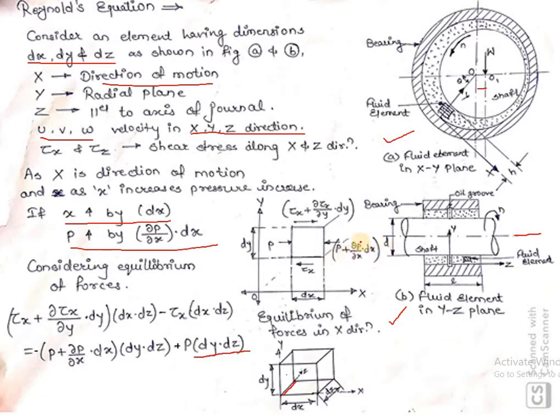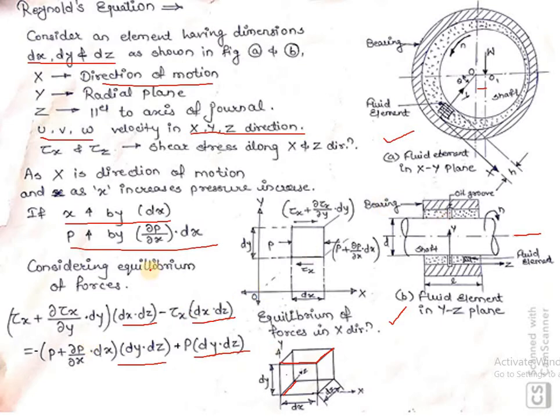Similarly, this will act on the same surface, so dz into dy. So same over here, dy into dz. And now this is nothing but the shear stress plus the incremental of the shear stress due to increase in y. It is acting on this surface, so we have to multiply this factor by the area of this cross-sectional shape. So it is acting on this upper shape. Now the upper shape is nothing but dx and dz, so again it is multiplied by dz. Similarly, for the lower surface, the area will be the same, dx into dz.